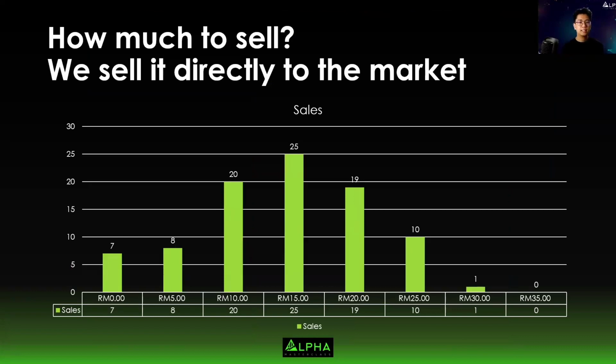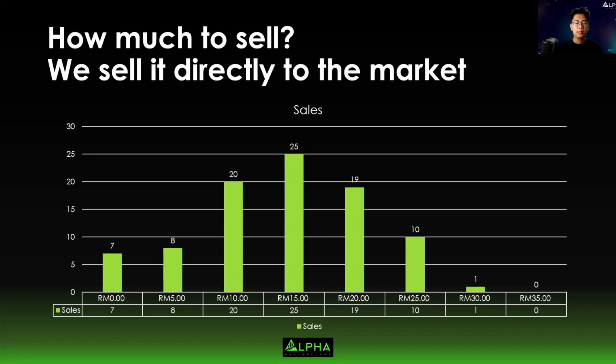This is like a sales table where we test our product at each and every single price. At different pricing, we test how much the sales are. At first, we are selling totally free of charge, and then we slowly increase by 5, 10, and all the way to 35. Now, 2 weeks later, the data we see here is,